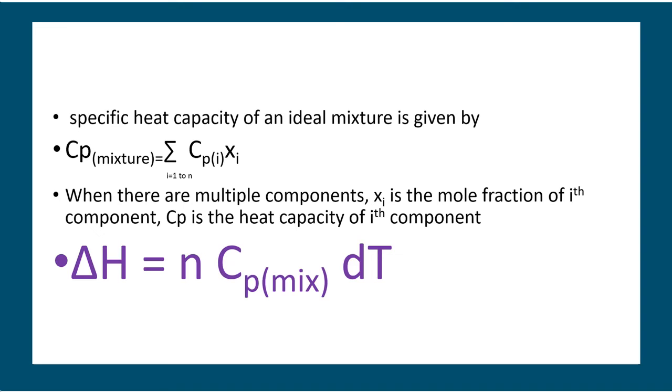Then Cp of a mixture is summation of i varying from 1 to n, where there are n components, Cpi into Xi. So once we get the Cpi value, we can substitute in the Q equation to get the answer. Q equal to mCp delta T or Q equal to nCp delta T, depending upon whether Cp is in kilojoule per kg Kelvin or kilojoule per kilomole Kelvin. You can use m or n as per the requirement. So we can substitute in this equation to determine the heat added or removed using the Cp of a gas mixture. Okay, so enthalpy can be determined using this expression.